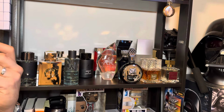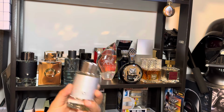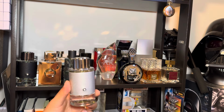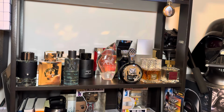Oh yeah. This one reminds me of coconuts. This one is one of those fragrances that reminds me of the beach. I would not blind buy this because a lot of people don't like that fragrance, like they don't like coconut. If you like coconut, go ahead and blind buy it. You're not going to regret it. But if you don't like coconut,